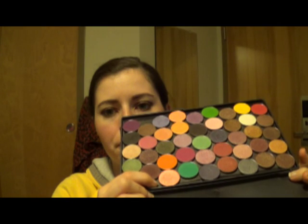But there is a magnetic sheet underneath here that allows the Hot Pots to stick. Come to find out, the Makeup Geek shadows, which I have on order, are exactly like this. And Z palettes are good for both Coastal Scents and Makeup Geek. So that was the reason why I got the Coastal Scents palette, thinking it was this palette. They're not. They are the same exact size and thickness, all the way around. They're the exact same palette, except for the fact that the one from China has a magnetic sheet,